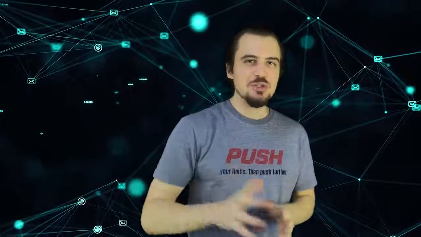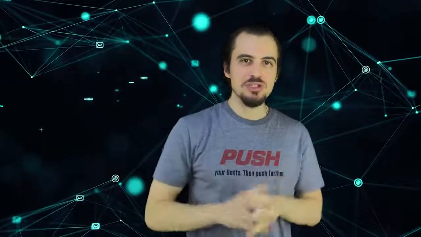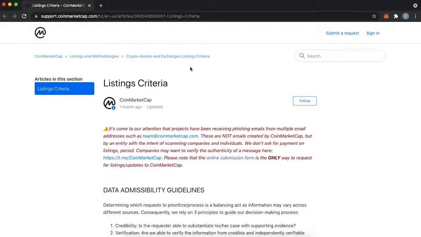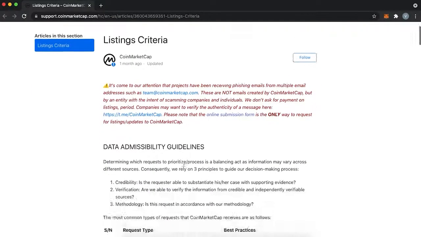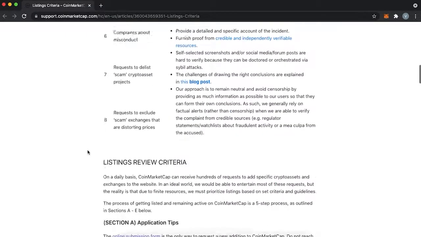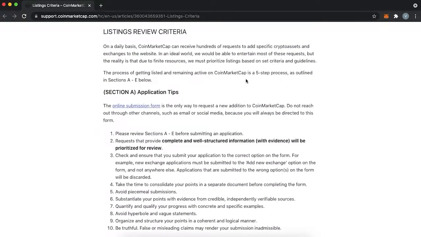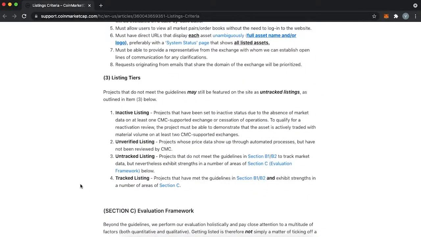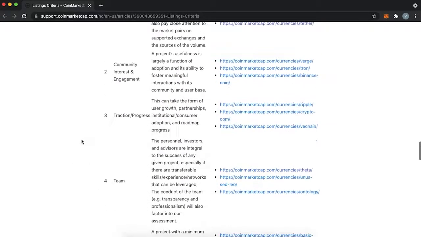Your project needs to be legit and solid, but also popular. Listing is a huge step forward in making your project even bigger than it already is. When you go to CoinmarketCap's support section, you will find a lot of different metric methodologies which you should be familiar with. Everything starting from price, volume, ranking, and all the way to the liquidity score, web traffic factor, and